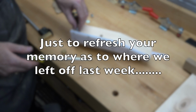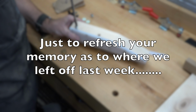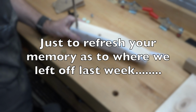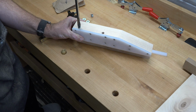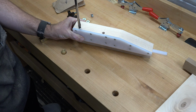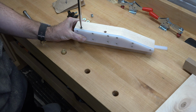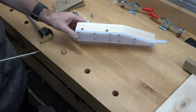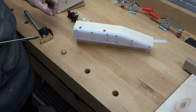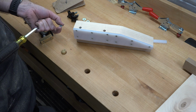So with those holes drilled, we'll just put these threaded inserts into our 3/8 holes and crank them down until they are flush with the stock. Just like that. So put them both in, and then we'll move on to what to do about the hardware